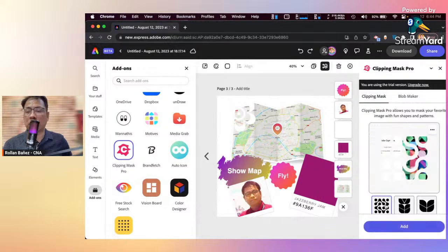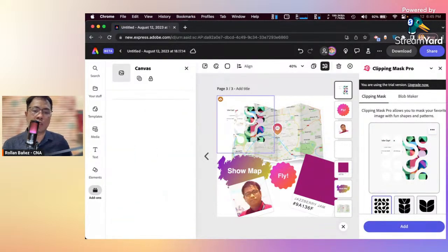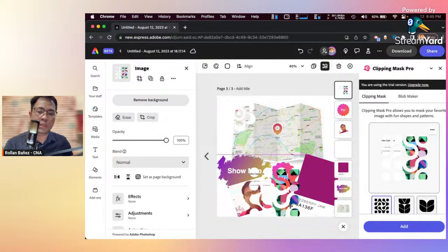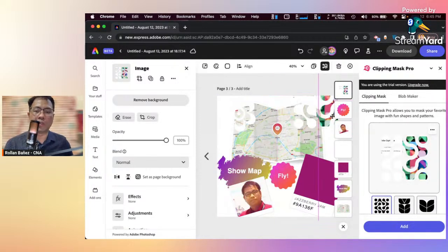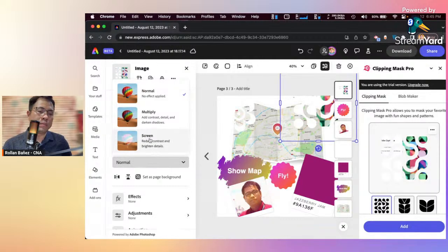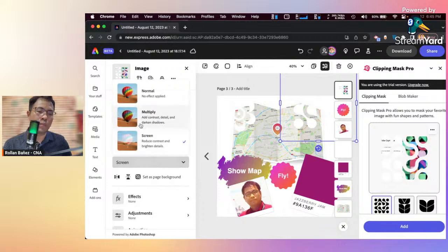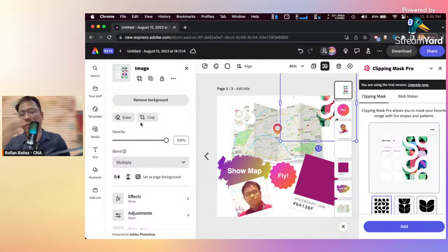If I want, I could just click on this and easily create a design element using the Adobe Captivate splash screen. You can easily do something like that. And let's make this like a screen effect, or I could do a multiply effect. So something like that. Okay.